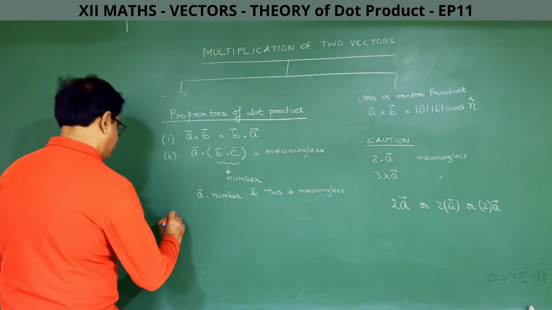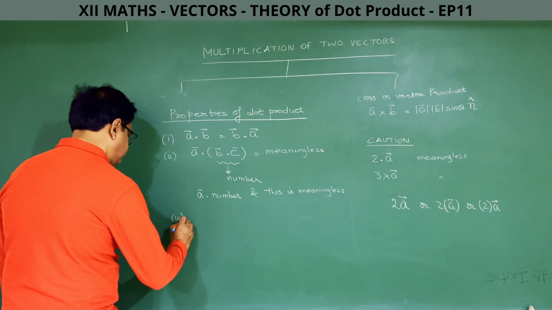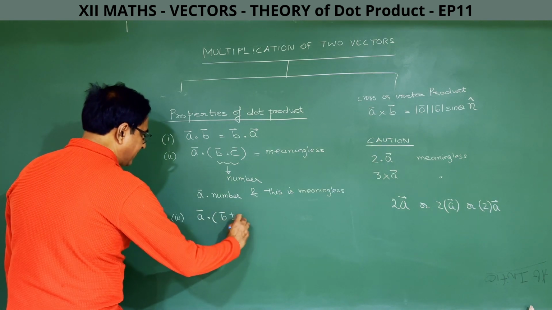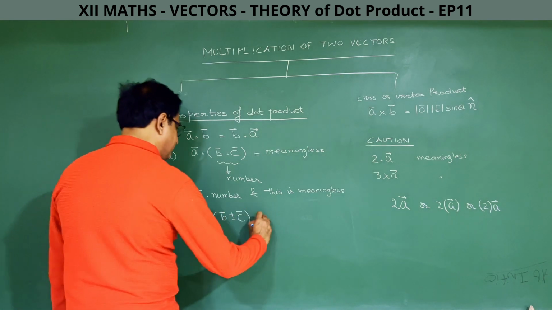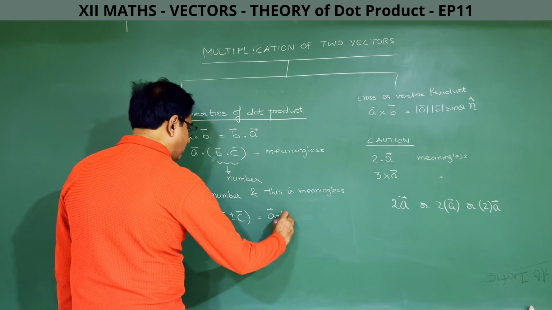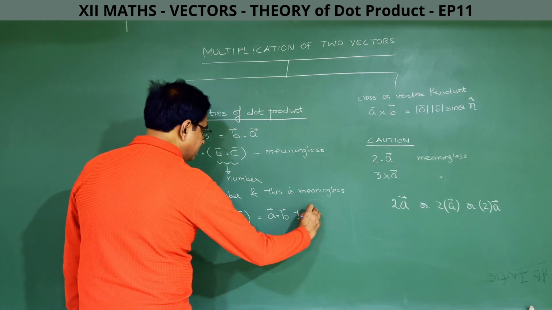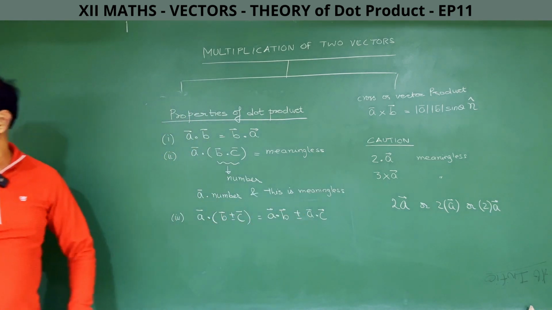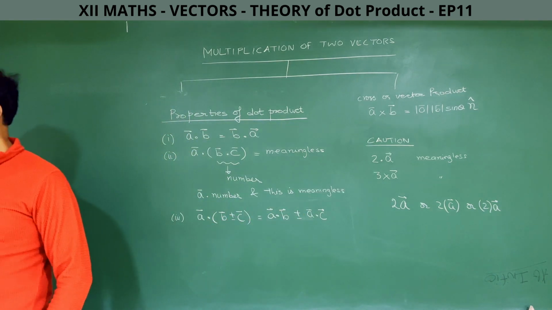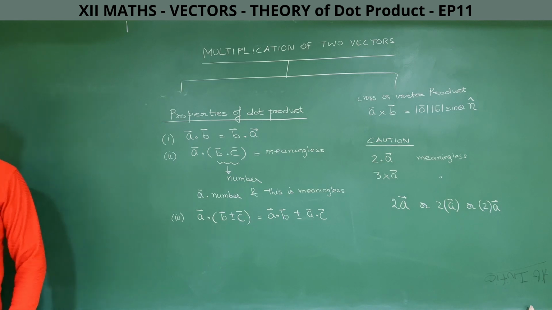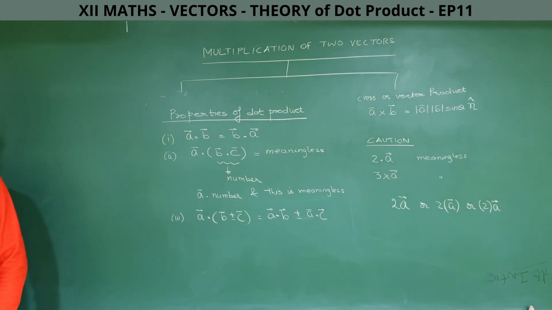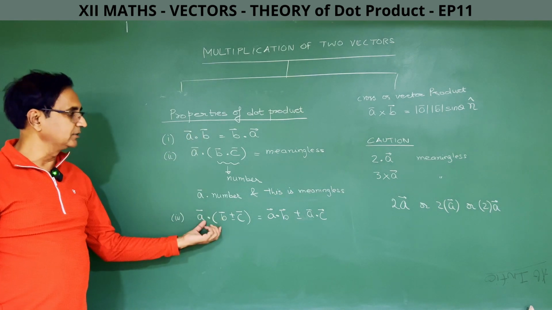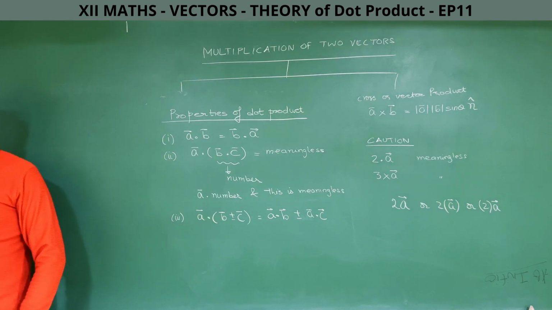So third, what is A dot (B plus minus C)? So this you can open properly the way you normally open brackets. A dot B plus minus A dot C. Plus minus means either you can use this formula with plus, or you can use this formula with a minus. Alright, so this topic is also covered. So what property will this be called? This is commutative and this is called distributive property.